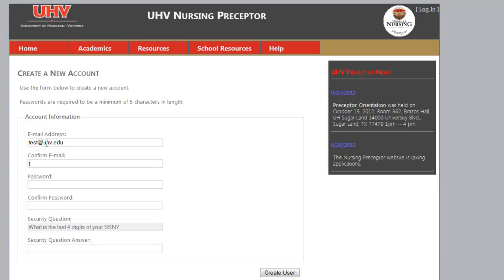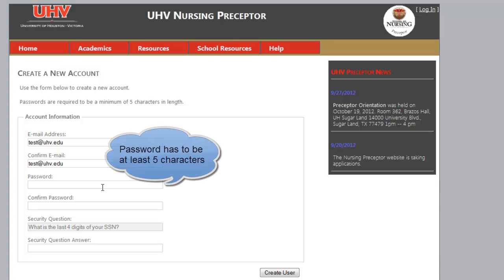and you would have to submit and confirm your email address. Also, you need to supply a password. I recommend a password that would be easy for you to remember, but not easy for others to guess. The minimum requirement for the password is that it has to be at least 5 characters long. For the purpose of this test, again, I will be submitting the password